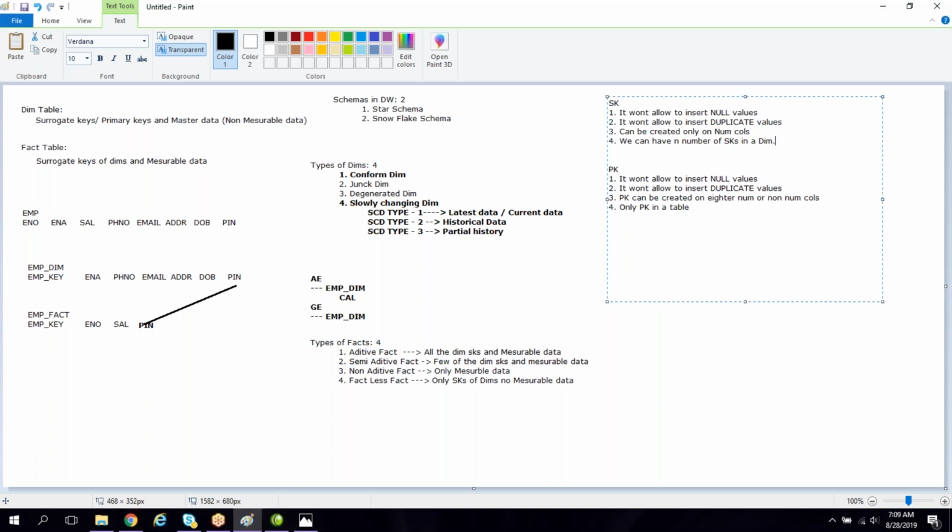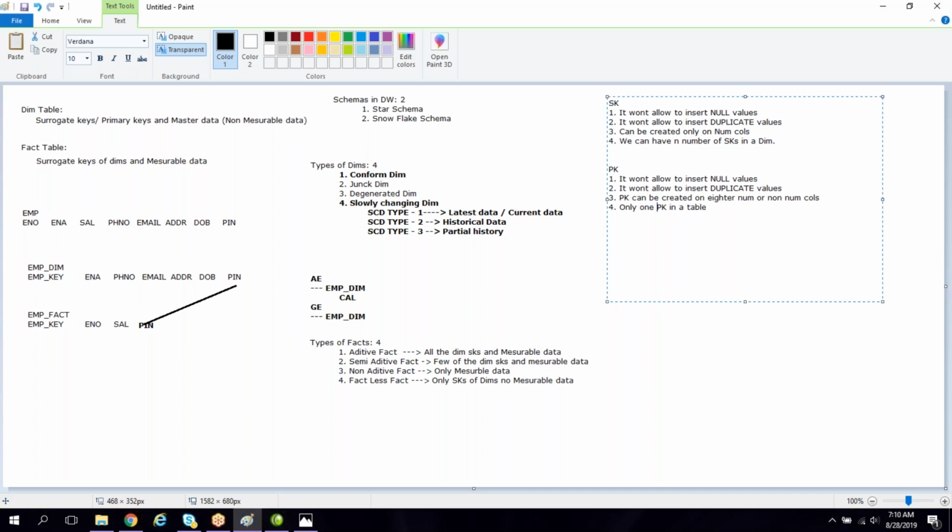So these are the major differences between primary key and surrogate key. In a data warehouse, we call it a surrogate key. A surrogate key can be created only on numeric data type columns, whereas a primary key can be created on either numeric or non-numeric columns, but there should be only one primary key in a table.